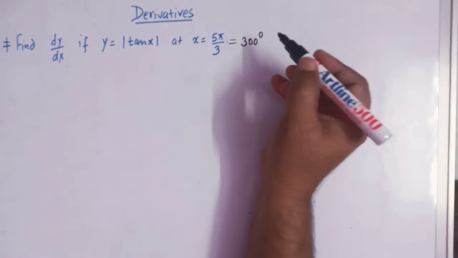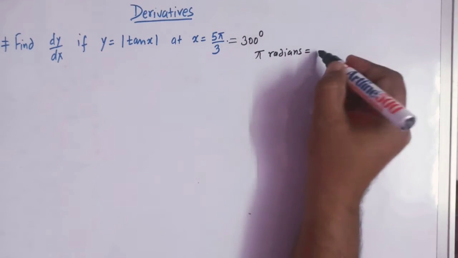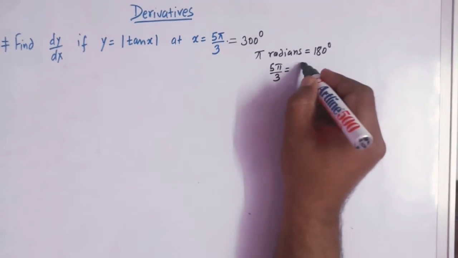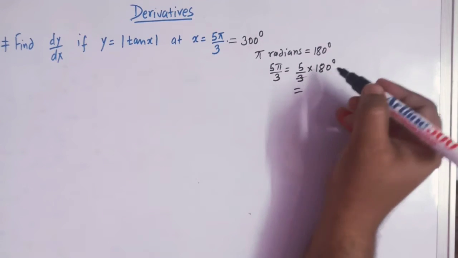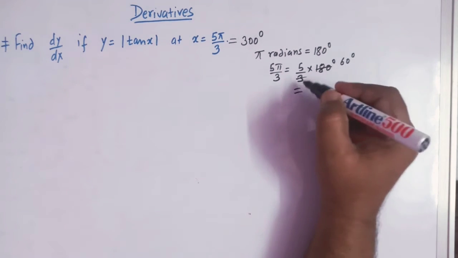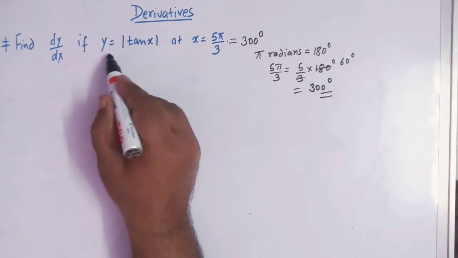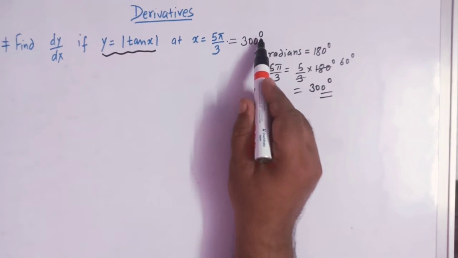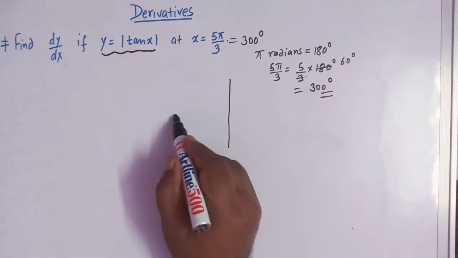300 degrees, because we know that π radians is equal to 180 degrees. So 5π/3 is equal to 5/3 times 180 degrees, and this is 60, so 5 times 60, that is 300. So we have to find the derivative of y = |tan x| at x = 300 degrees. Here we'll make use of some trigonometry, and if we see the quadrants, then this